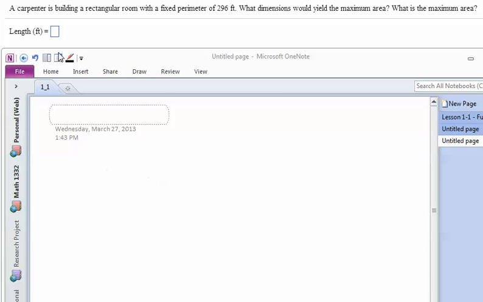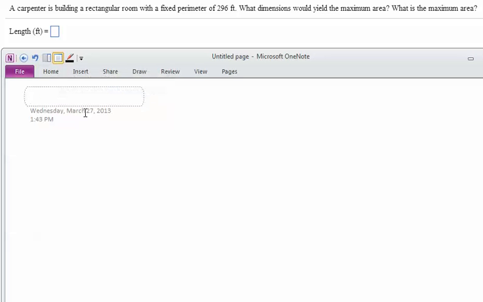Okay, on this problem, it's talking about a carpenter building a rectangular room with a fixed perimeter of 296 feet. What dimensions would yield the maximum area? What is the maximum area? Okay, so he has a rectangular room,